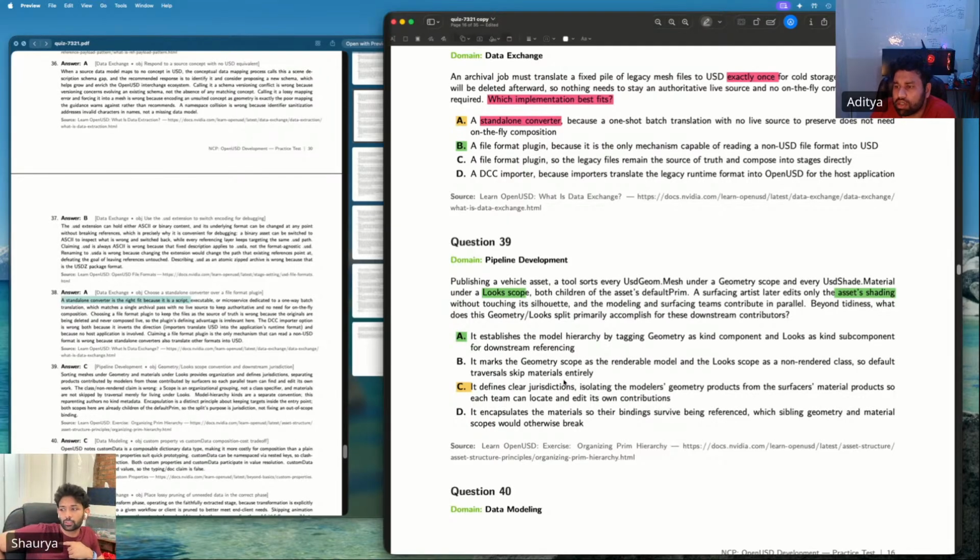So that's why I always go with that option whenever it's in the options, because that is the main focus. I see. It defines clear jurisdiction of models. I have read this multiple times. Define clear jurisdictions.